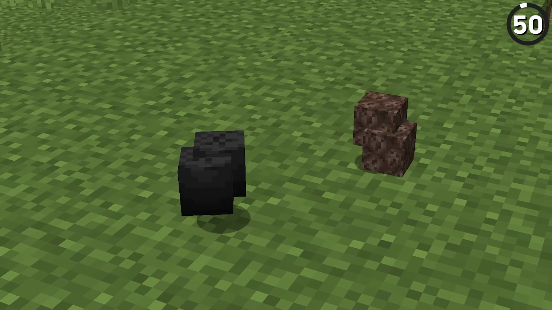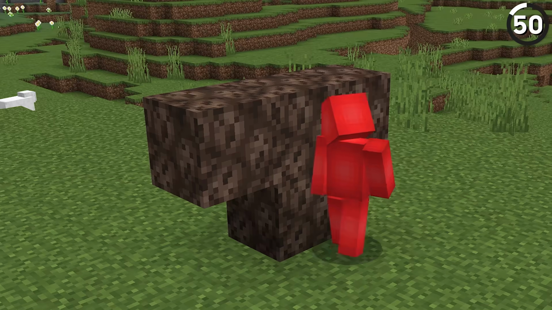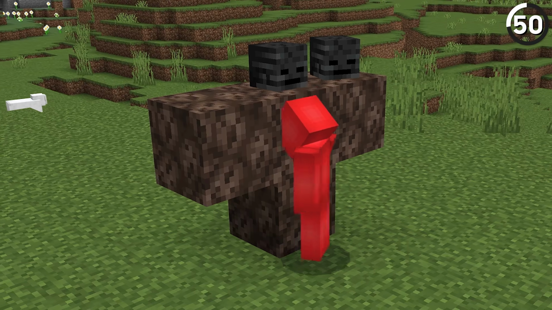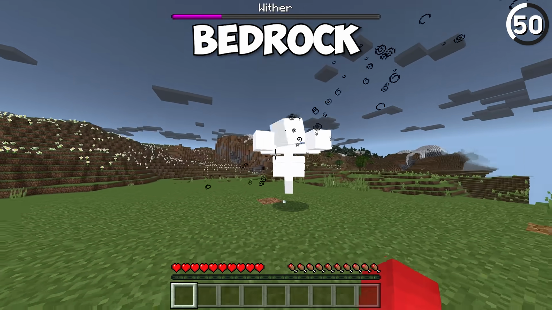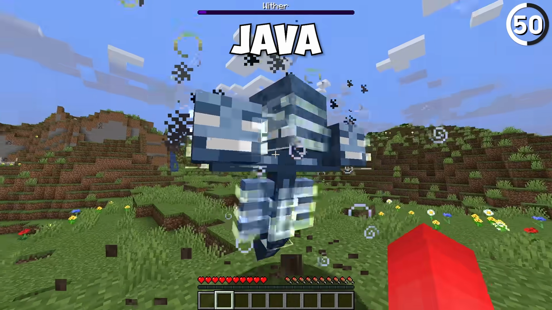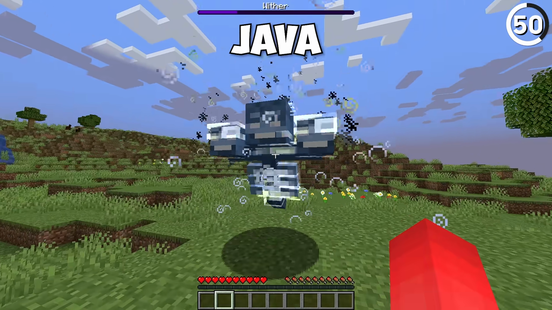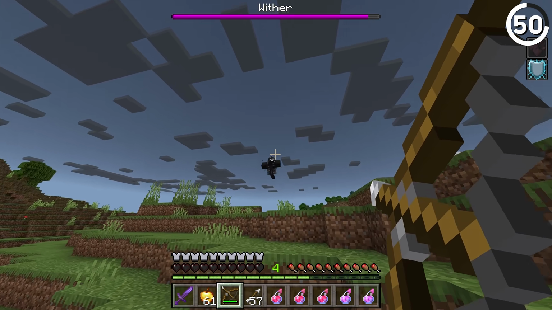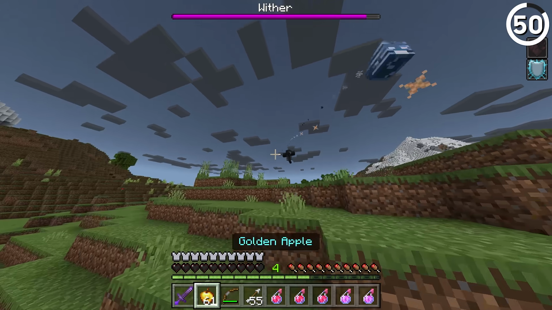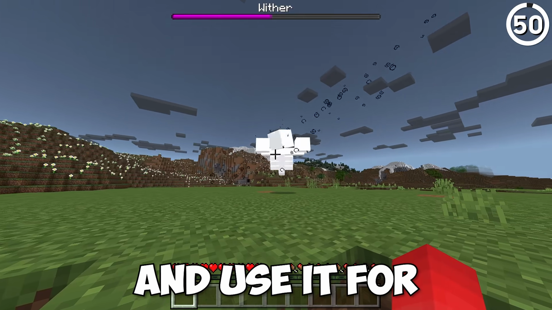If you got some soul sand and wither skulls, you can see this difference happen, because when we spawn in the wither on Bedrock Edition, the boss actually turns white before it spawns, which contrasts what we see on Java where it turns blue before it heals all the way up. And considering that the Bedrock version has way more health than the one on Java, I think we should take this as a white flag and use it for our surrender.